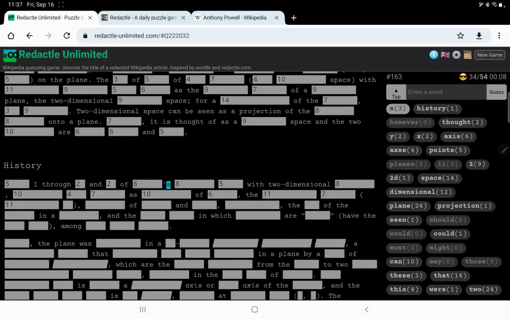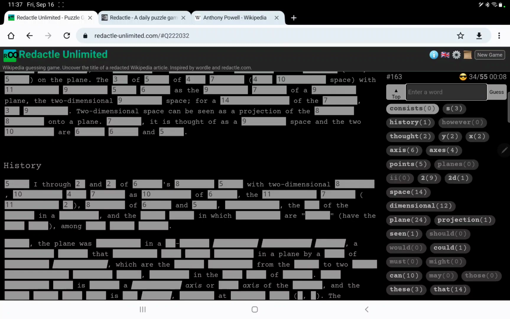The 11, 7. Consists of something of 6 and 5, 11. And the 5, 5 in which 9 are 5